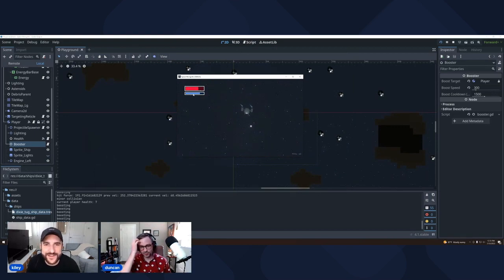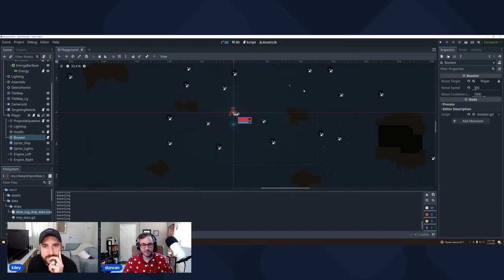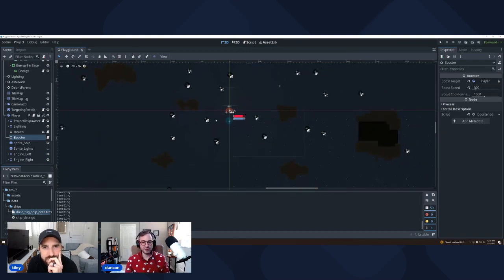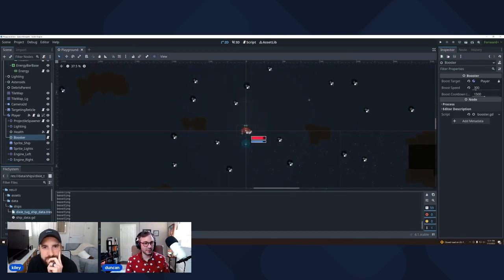And I think there's more stakes to using your booster than just, hey, every 2 seconds I can use it. So yeah, that's what we're going to do. And let's get into it. So this is what the game looks like. We'll still have the boost. We'll just have it connected to this energy bar. And kind of like what I mentioned too, this is definitely in my prototyping stage.